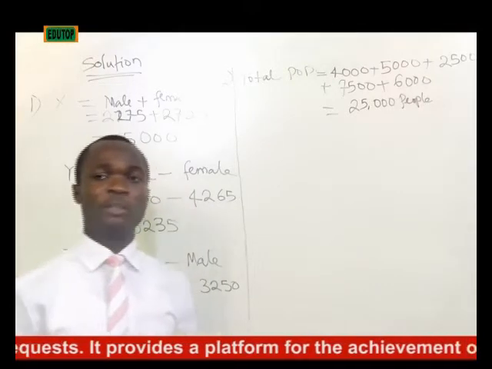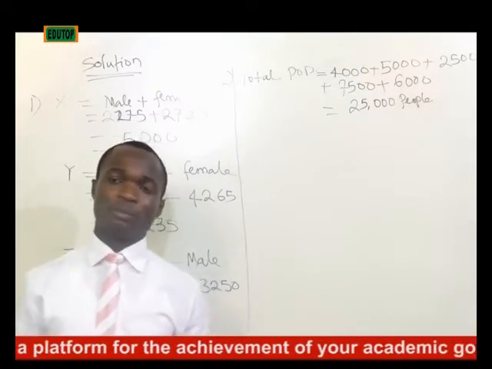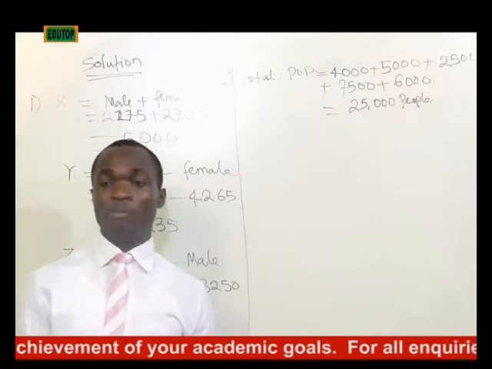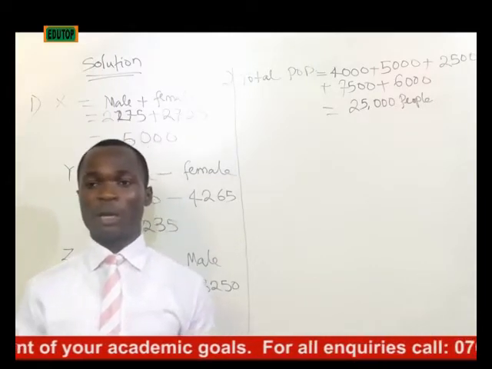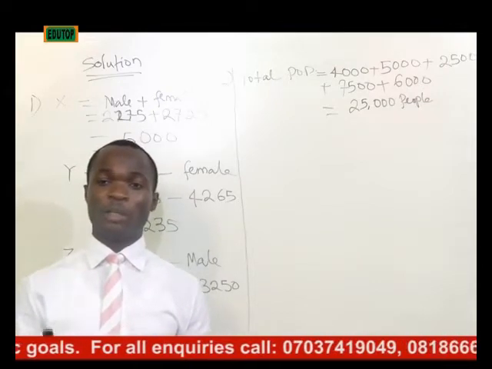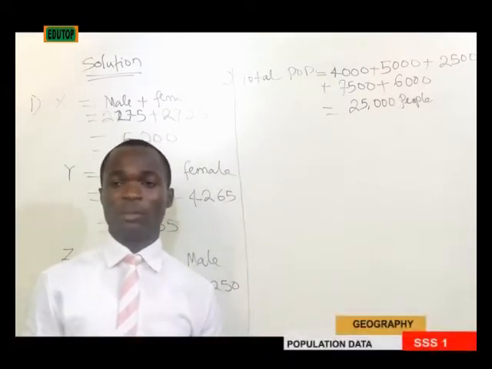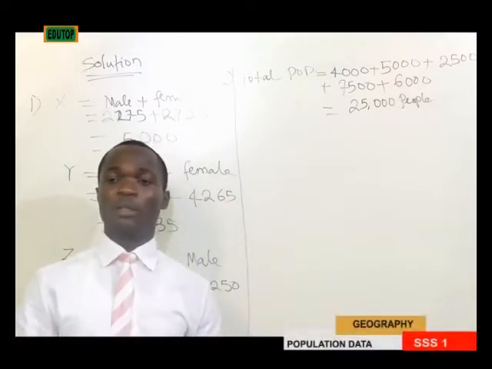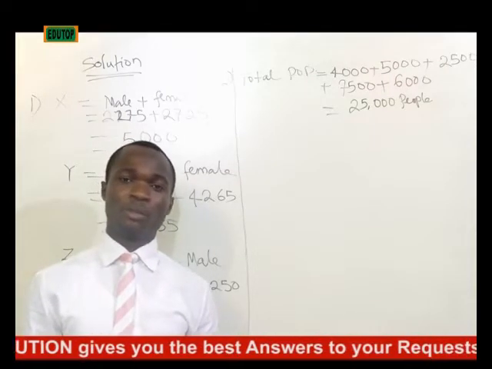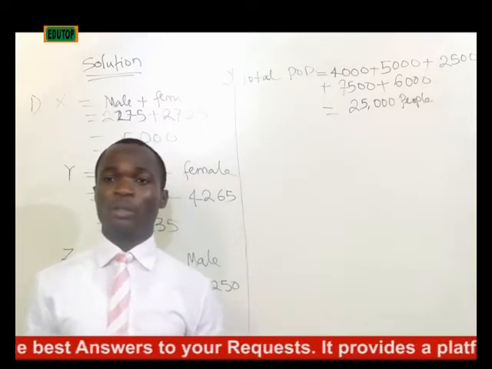Now for females aged 14 years and below, from the table we have that from 14 years and below, we have a combination of 5,000 and 4,000, giving us a total of 9,000. So that means the total number of females that are 14 years and below is